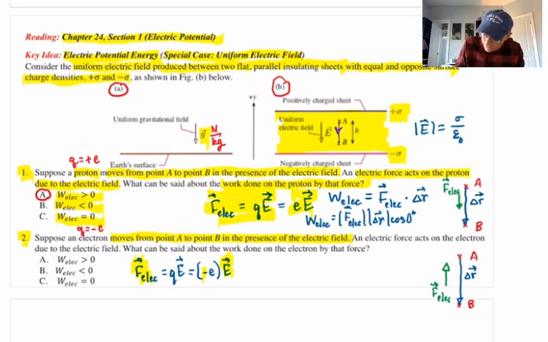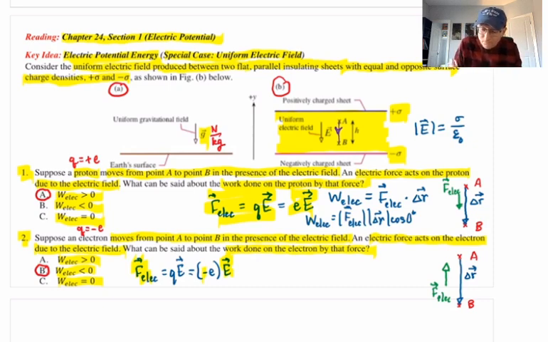Here's the question, though. As this electric force acts on the electron due to the electric field, what can we say about the work done on the electron by that force? Is it a positive scalar, a negative scalar, or is it 0? Pause the video, think about it, and then come back. Okay, did you say in this case that the work done by the electric force is a negative quantity? Let's make sure we can explain